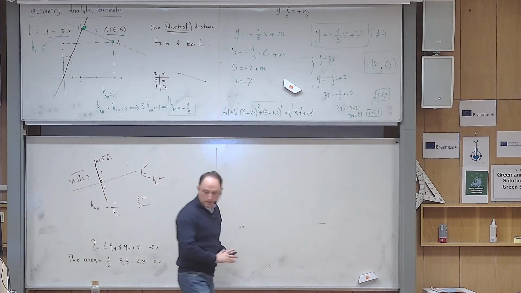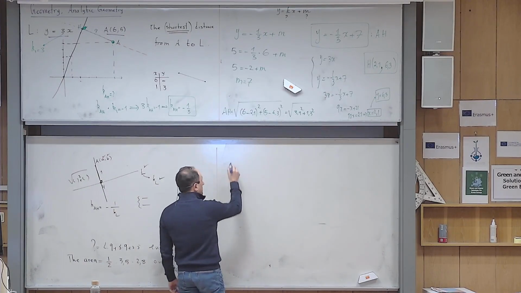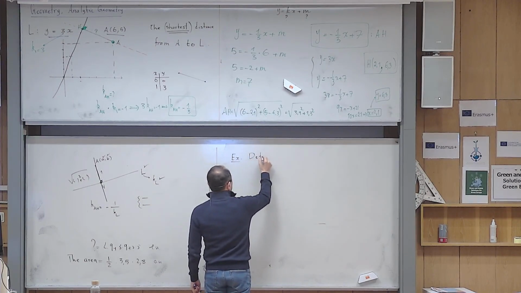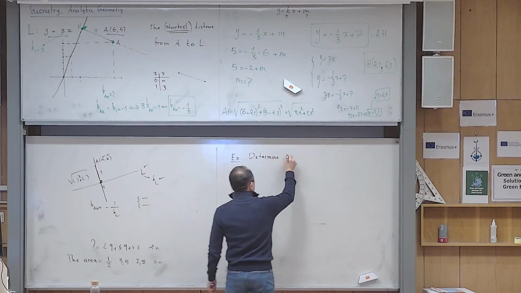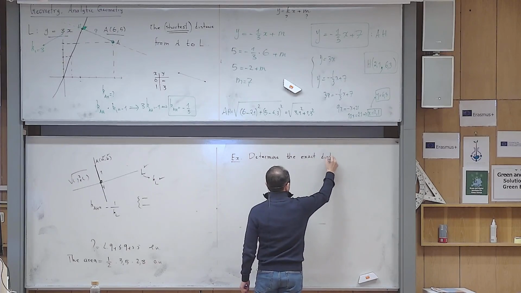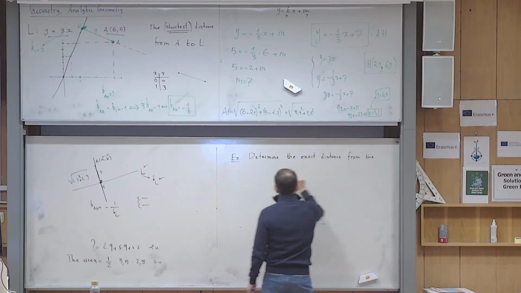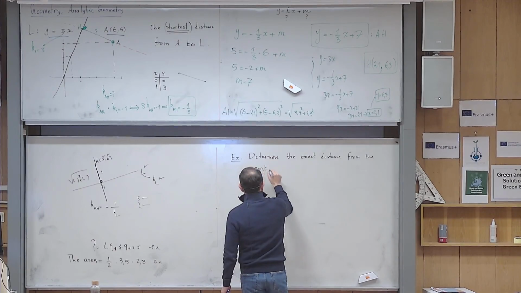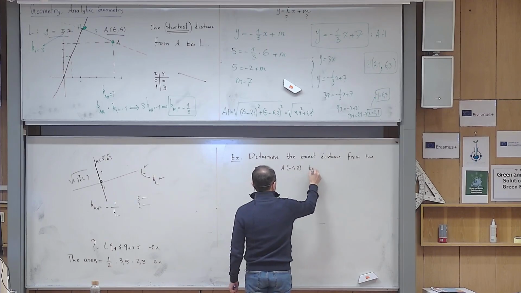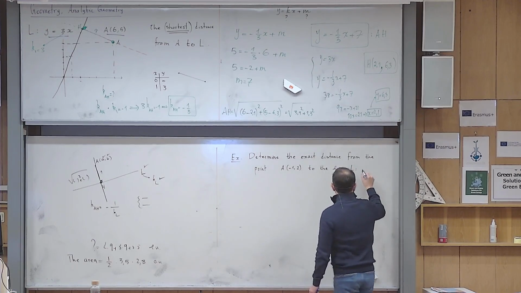So let me write this example for you, and I want you to find the exact value without any calculators. I designed the numbers in a way you don't need that. Determine the exact distance from the point A equals (-1, 2) to the line L with this equation: 3x